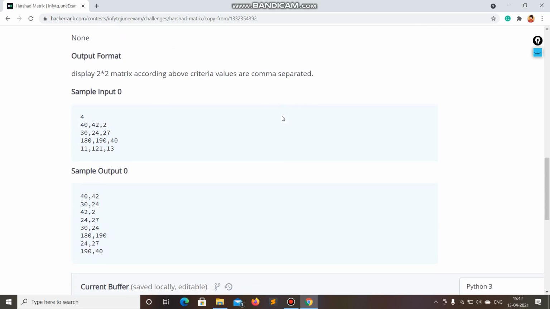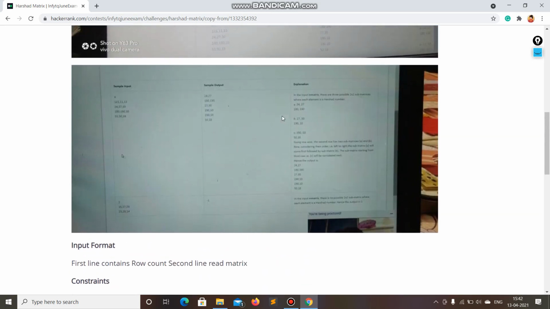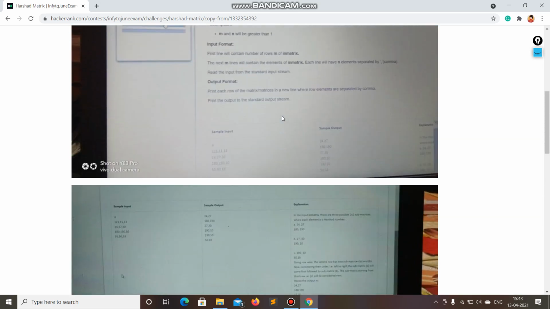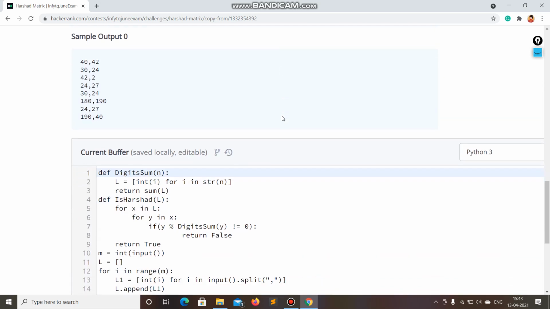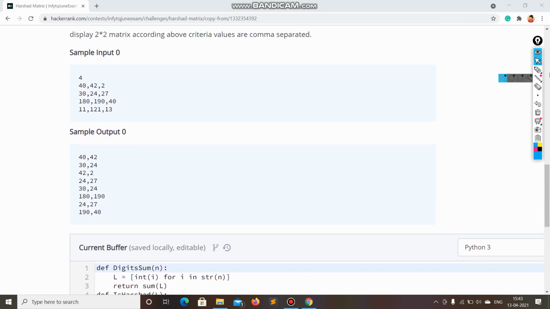Greater than 1 means m and n will be 2 at minimum, it starts from 2. That's good. Now my solution. First of all, I will give a very simple solution.